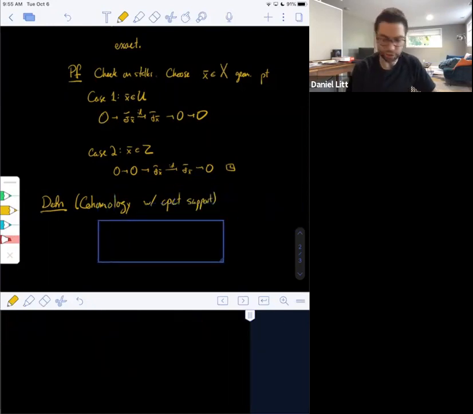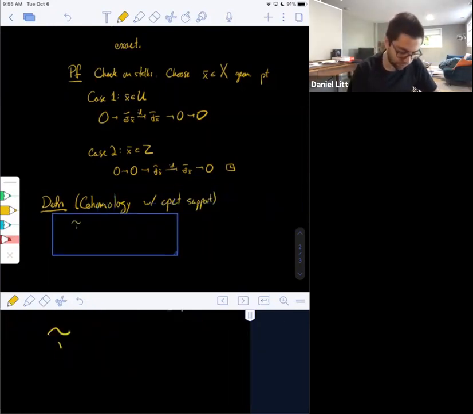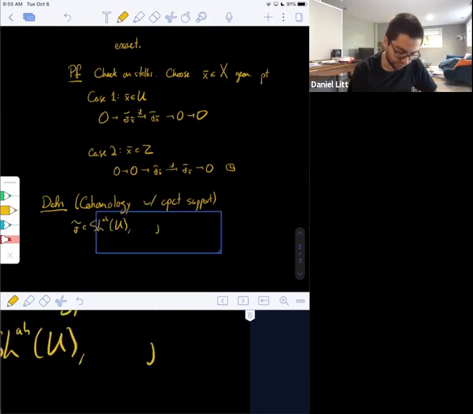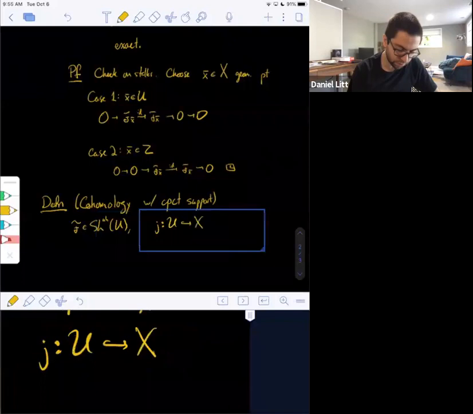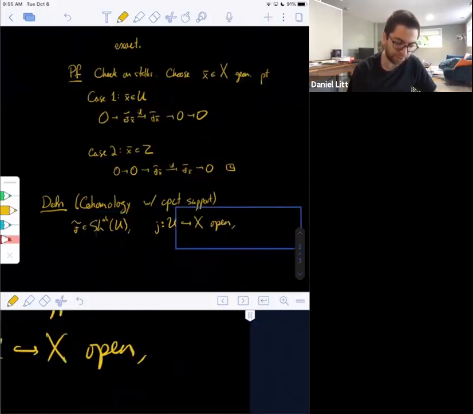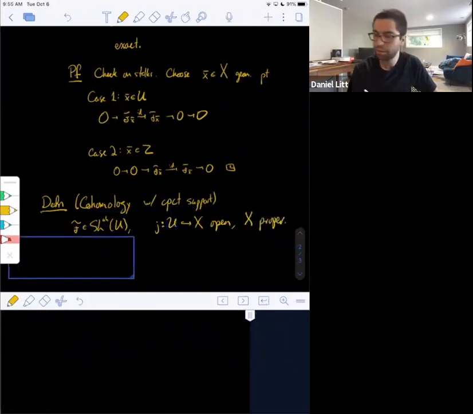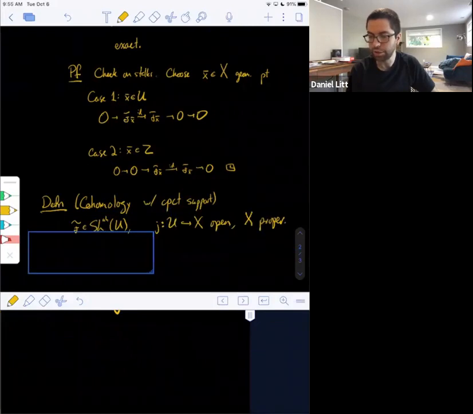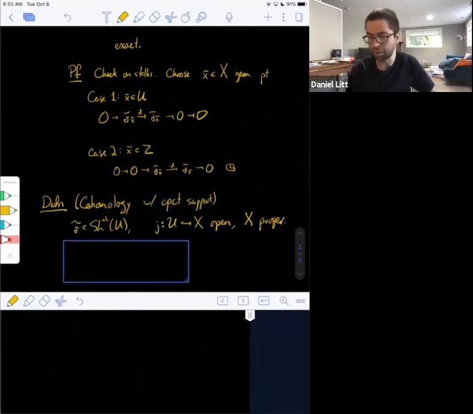So suppose F is an abelian sheaf on U. And as usual, suppose we have an open embedding of U into X, and let's assume furthermore that X is proper. Then, and this is only a pseudo definition right now, and I'll say what I mean by that in a second,